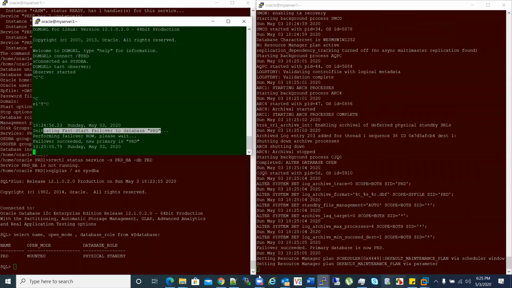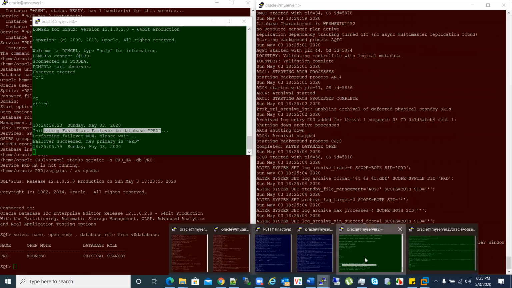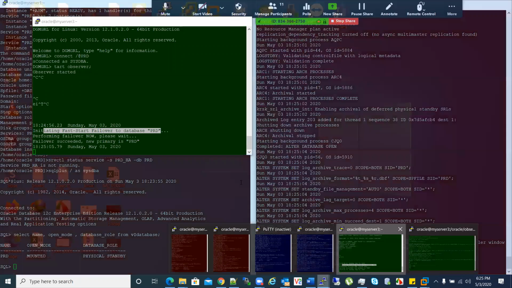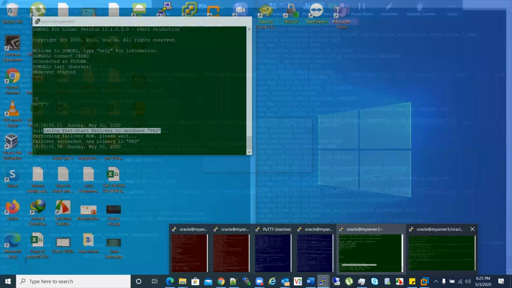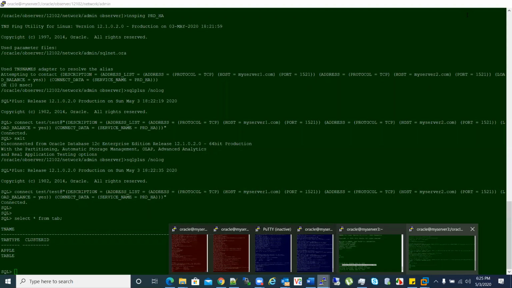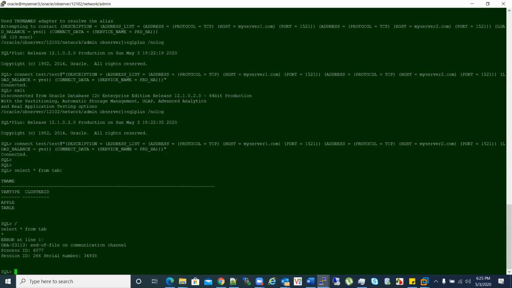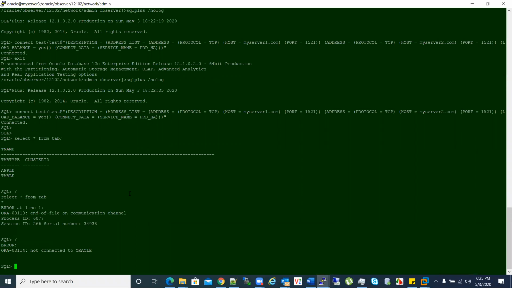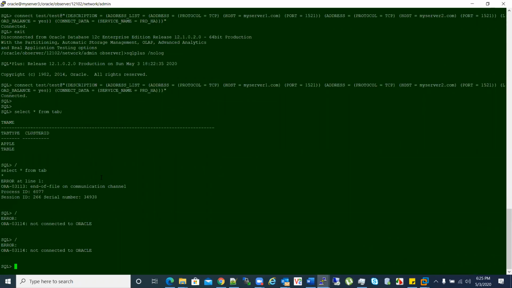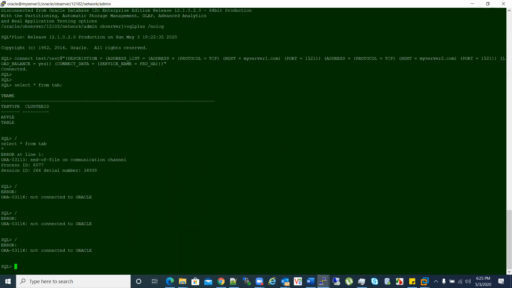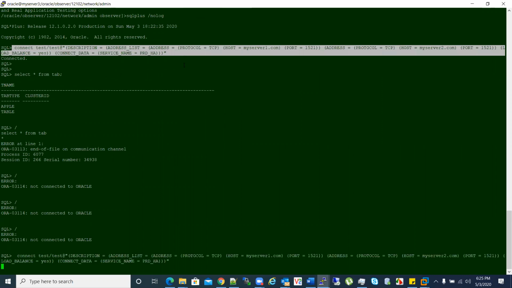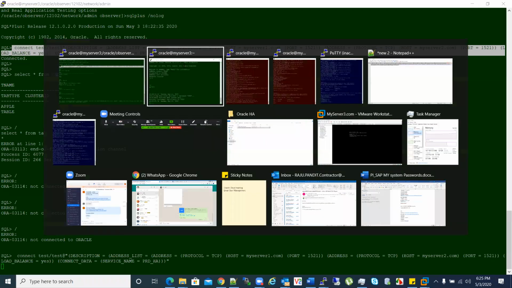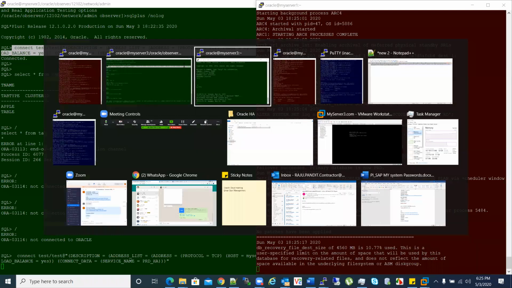At the same time, what is happening to my application connection here? It's not connected. It says there is some issue, but for how long? Oracle not connected. This is my own system, so it's taking time.